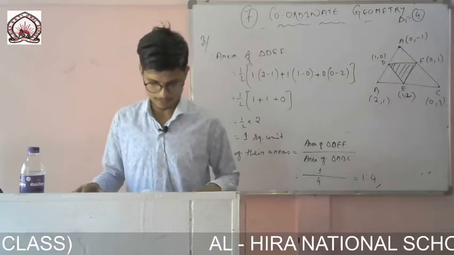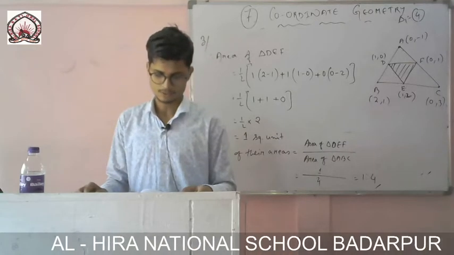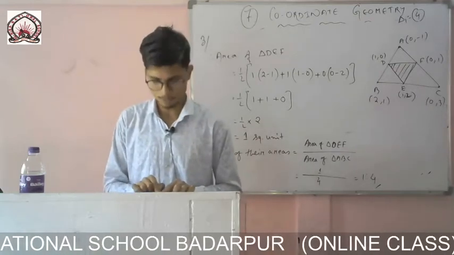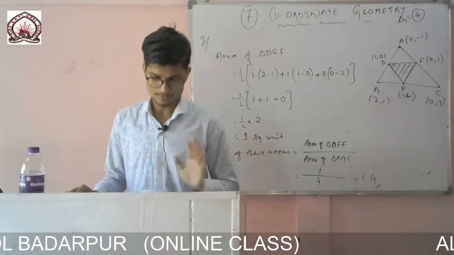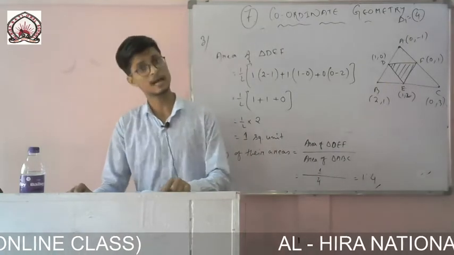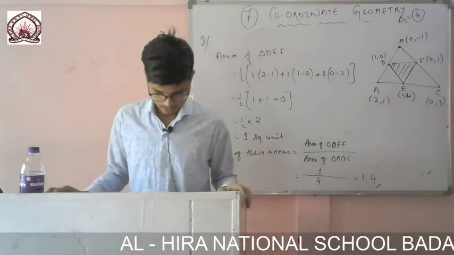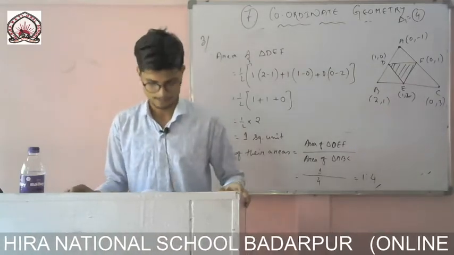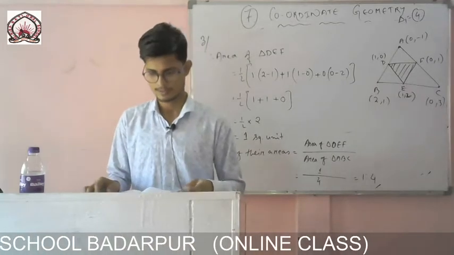Now you see example number 13. Find the area of the triangle formed by the points P, Q and R. So just you have to find the area. After finding the area, the answer came what? It came 0. See example number 13, it is done very nicely here. Area of the triangle formed by the given points equals, after solving, the answer came 0. So what I have said, if the answer comes 0, that means the points are collinear. If the area of a triangle is 0 square unit, then the vertices will be collinear. Okay, area may come 0, but if it comes 0, then you can understand that yes, it is collinear.